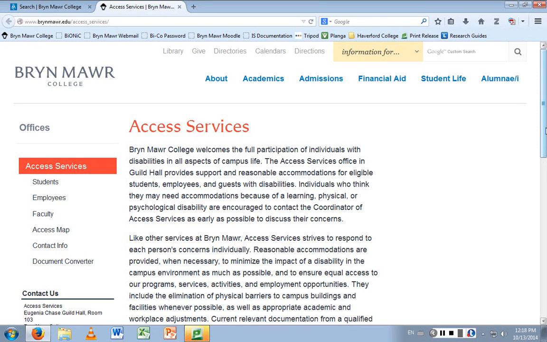And it is not just the purview of the Access Services Coordinator or the Disability Services Coordinator to make sure that these things happen; these laws pertain to all faculty and all staff. So anything that you put out on a website, any content, anything that you do has to be accessible.